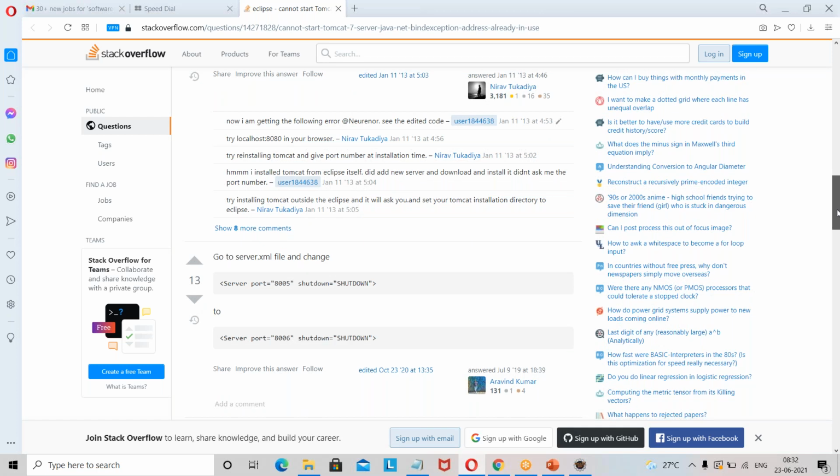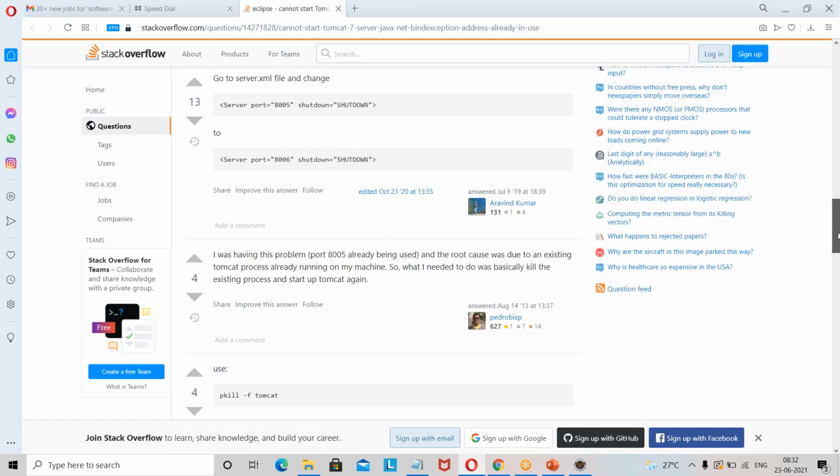Basically, they are saying while you are installing Tomcat, install it outside of Eclipse and then define the port number over there. Okay, outside of Eclipse. Okay, I just did it.